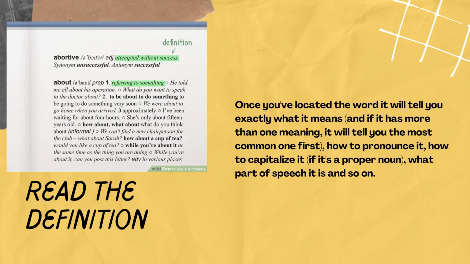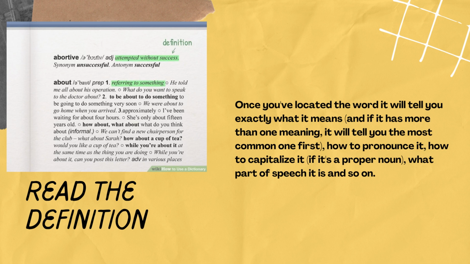And last but not least, you have to read the definition. Why? Because you need to know what the word means. In this case, once you've located the word, it will tell you exactly what it means. And if it has more than just one meaning, it will tell you the most common one first. The most common, for example, here in about, it has one, two, three, and many others. So the first meaning will be referring to something,